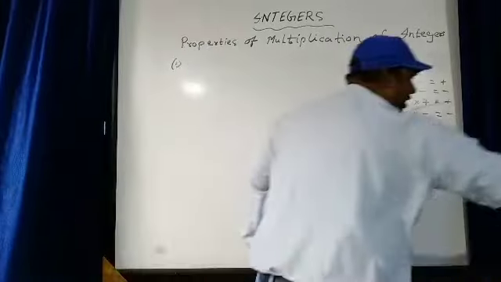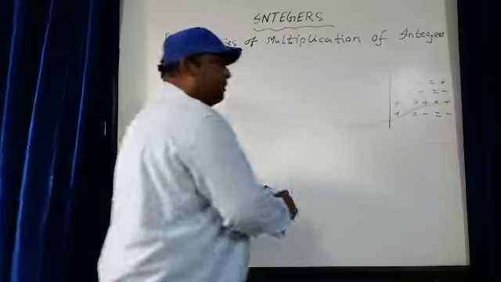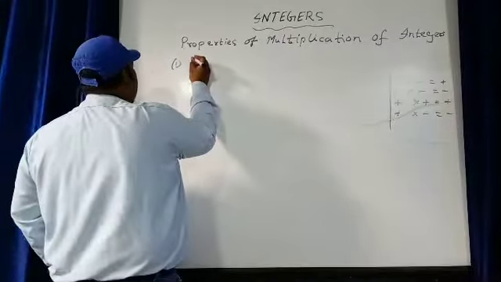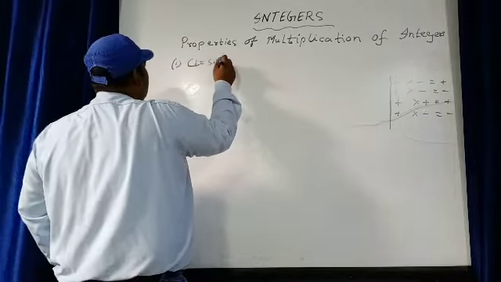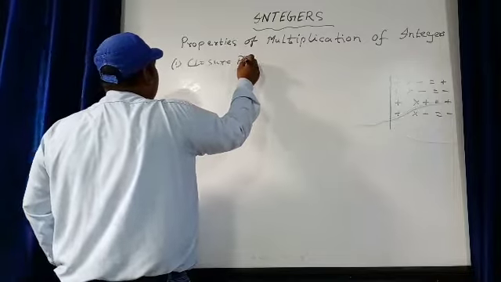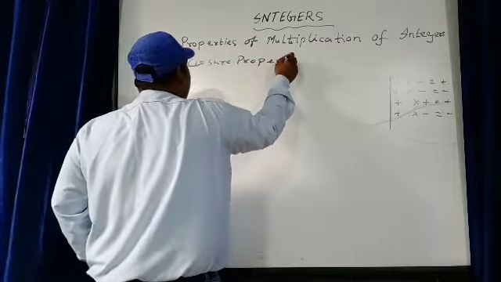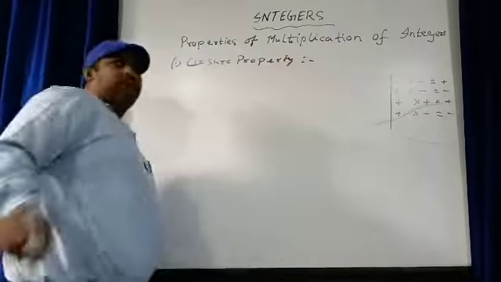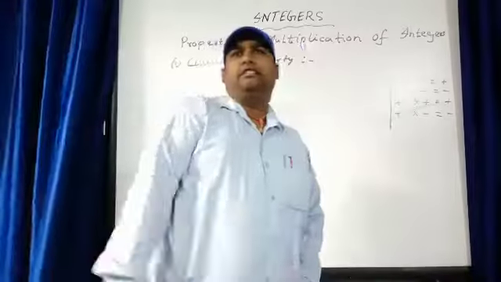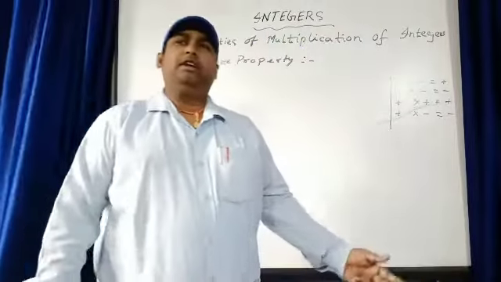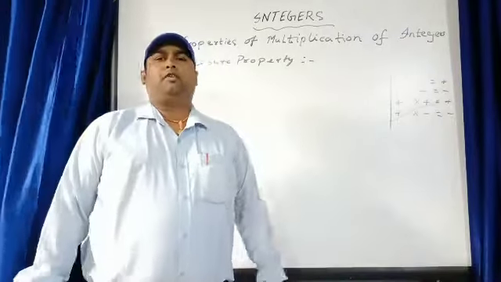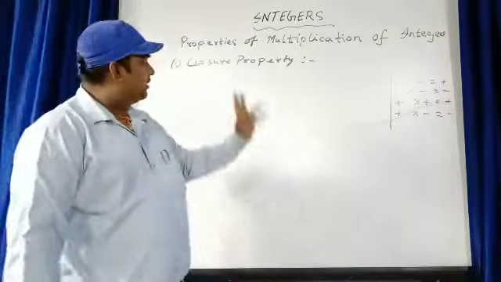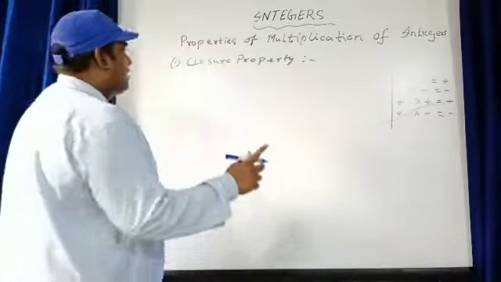Let's see, student, next, that is closure property. What is closure property? We have learned in addition, when we add two integers, we get an integer. When we subtract two integers, we get an integer. Here also, when you multiply two integers,